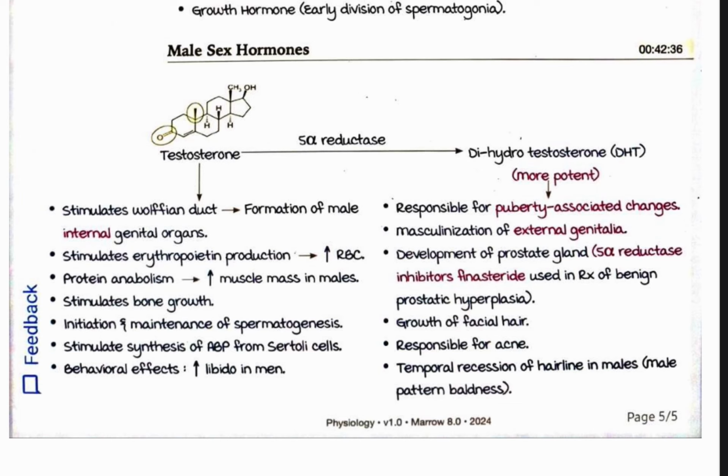Behavioral effects: increases libido in men. Dihydrotestosterone is more potent, responsible for puberty-associated changes, masculinization of external genitalia, and development of the prostate gland. 5-alpha reductase inhibitors, finasteride, are used in treatment of benign prostatic hyperplasia. So, dihydrotestosterone, the more potent form of testosterone, is made by 5-alpha reductase and works in development of the prostate gland. So 5-alpha reductase inhibitors